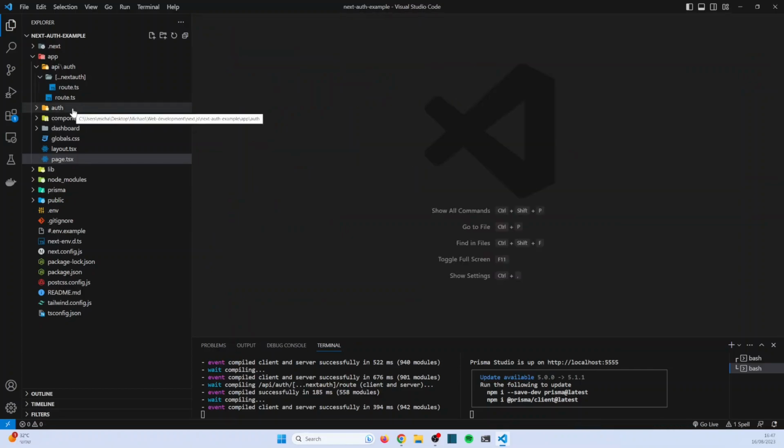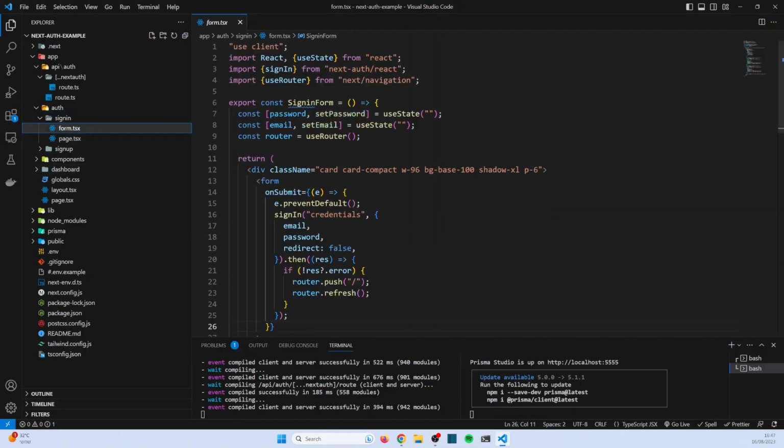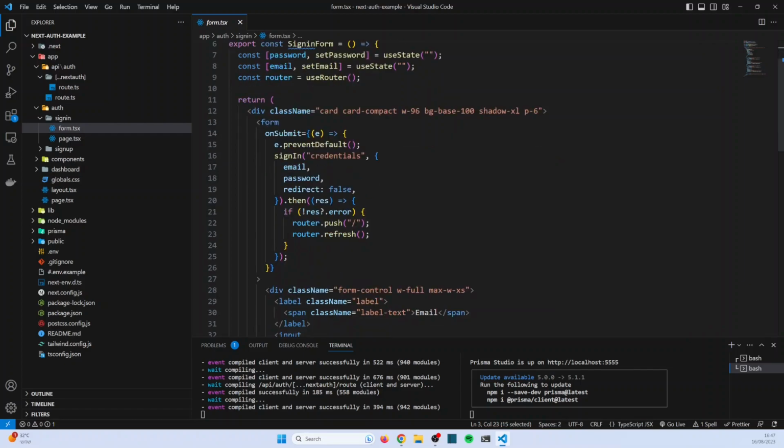For example, what is important is the sign-in form. The sign-up is just registering a user; it has nothing to do with NextAuth. So in the sign-in form, we're using the signIn function from next-auth/react. And basically on submit, I provided some options here because this is the only way that I could make it work, because I'm using a